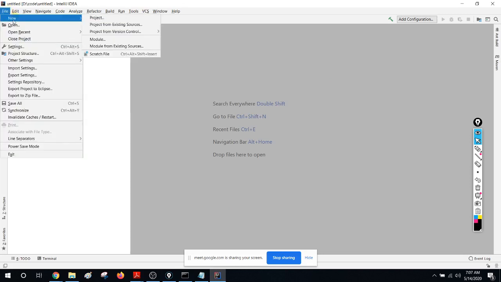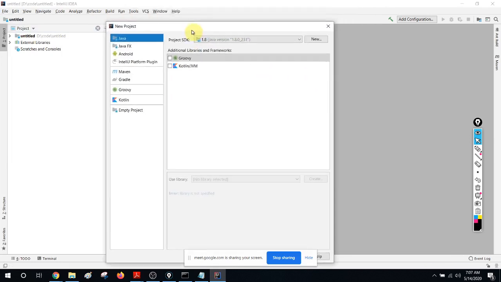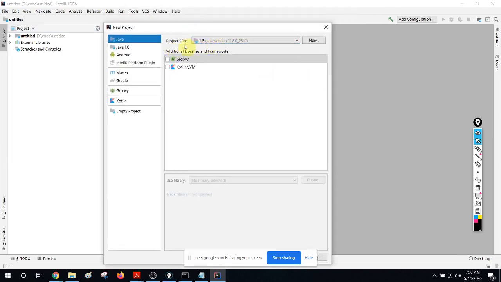So once you get this window, what you have to do is create a project. File, new, project. Just follow the steps. If you have something like Eclipse, you will have the compatible option, so pretty much you have to do the same thing. File, new, project, right? It's a little bit slower. In my case, the JDK is picked, so I don't have any issue. Otherwise, you have to go to new and show where your JDK folder is. Then it will pick it.